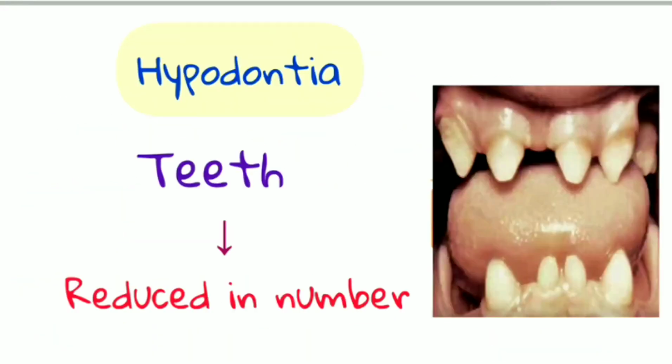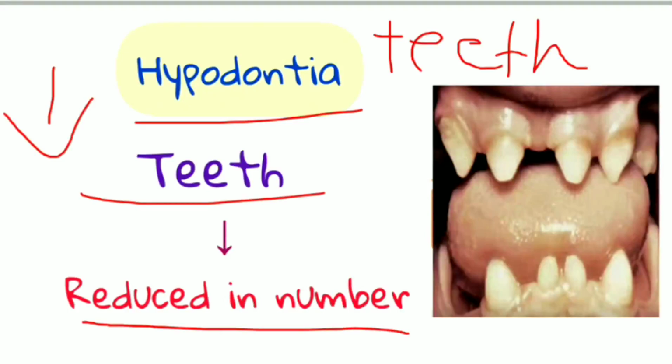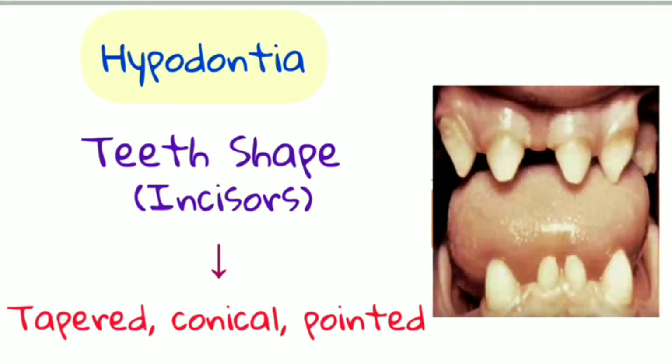So now let us see what is hypodontia. As the name suggests, hypo means less, dontia means teeth. So what will happen? Here the number of teeth is going to be less. Teeth undergo reduction in number. And one more feature you can see in this hypodontia is that the teeth shape gets altered,